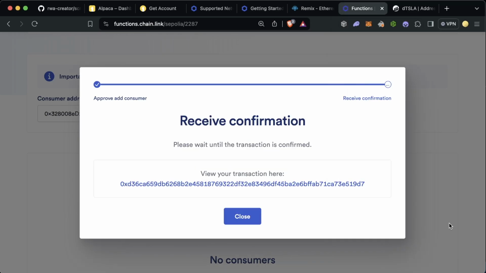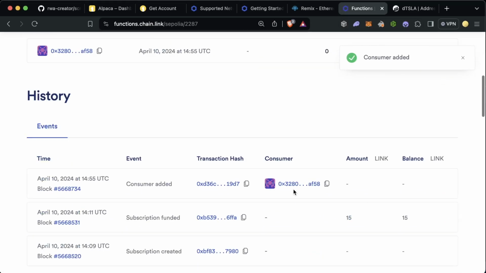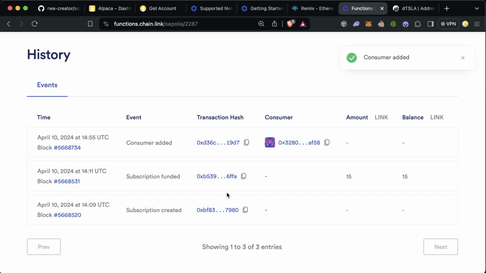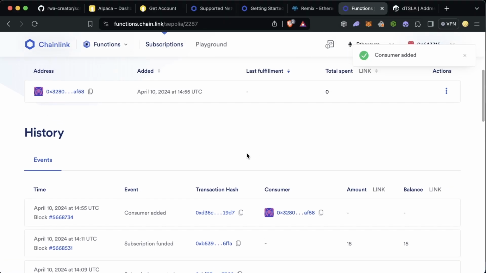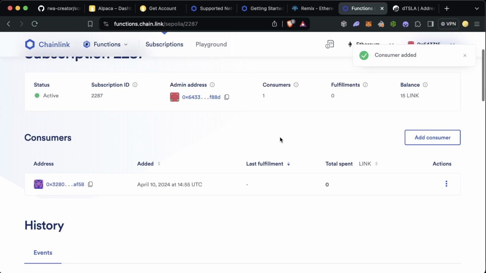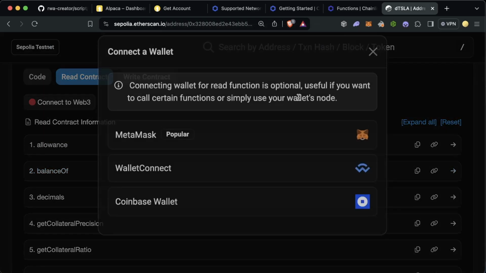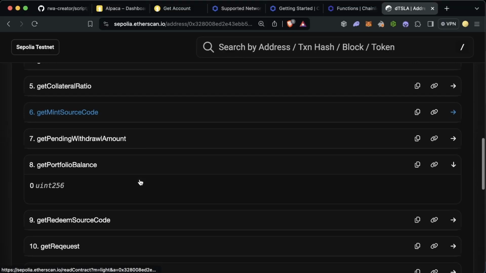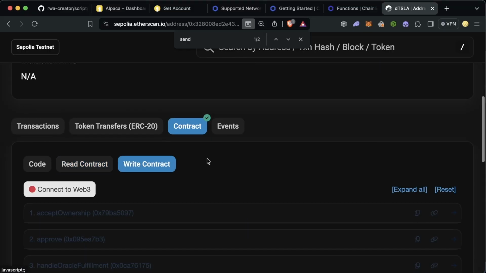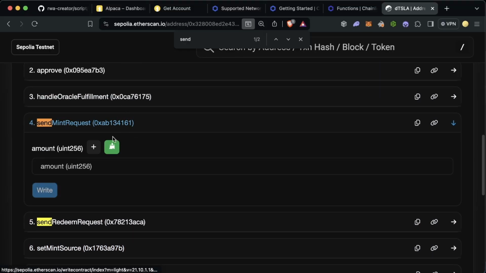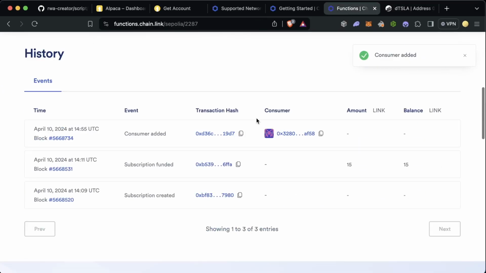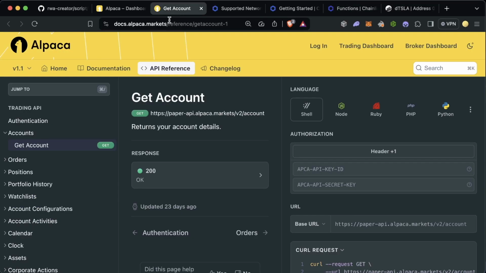We will go ahead and approve it here. All right, cool. Now that the consumer has been added, we now can have a little history here. And when we send this request, we're going to make this API call. On this contract, we're going to connect to Web3. We're going to call on our write contract functions, send mint request. What this is going to do is kick off a Chainlink Functions call, which is going to call